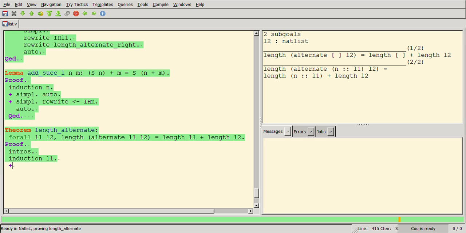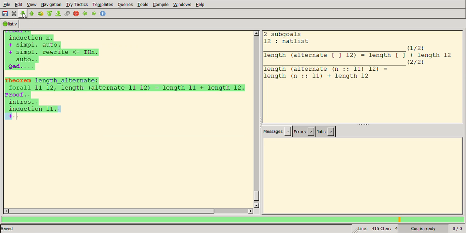To focus on the first subgoal we use the plus notation or the plus operator. So the second subgoal disappears for the time being and will reappear after we close the first case, which is the base case, normally when L1 is null. If we do not know how to proceed, then we can simplify. Normally the first case, the base case, can be closed using simplification. So if we simplify the functions,